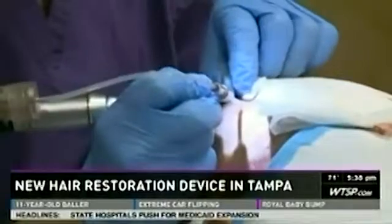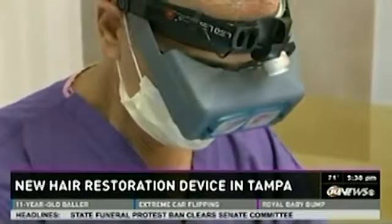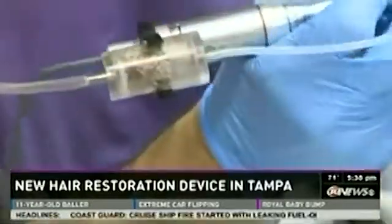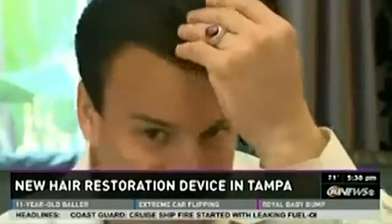Before there was stitches and bandages and you were left with a scar usually from ear to ear. None of that anymore. Technicians at the Bosley Center used NeoGraft to essentially core out individual hair follicles using suction, and then with reverse air pressure place the follicles in areas where Doria wanted a bit more growth. And this is him today. I'm in my 40s and have a head of hair like I did when I was 18, so I'm in